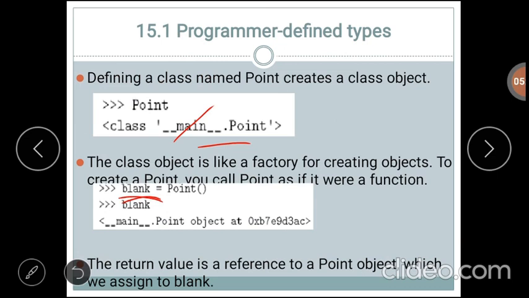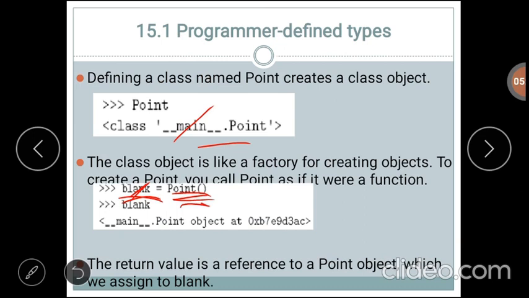While creating the object for that particular class, you can call the class as a function. We are just calling that class as a function, and the return value of that call is a reference to a Point object, which we assign to blank.